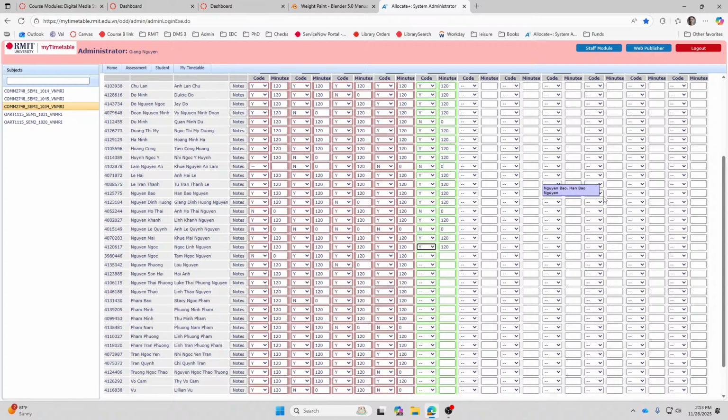Nguyễn Ngọc Tâm, Nguyễn Phương Lưu, Nguyễn Sơn Hải Anh, Nguyễn Thái Phương Lúc, Nguyễn Thảo Linh, Phạm Bảo Stacy, no for now.